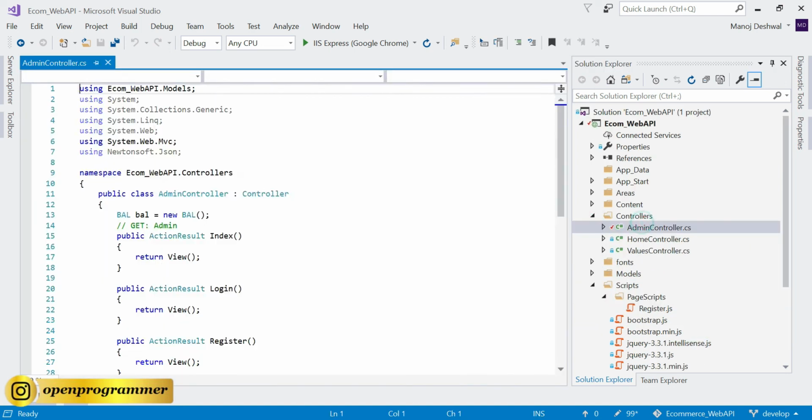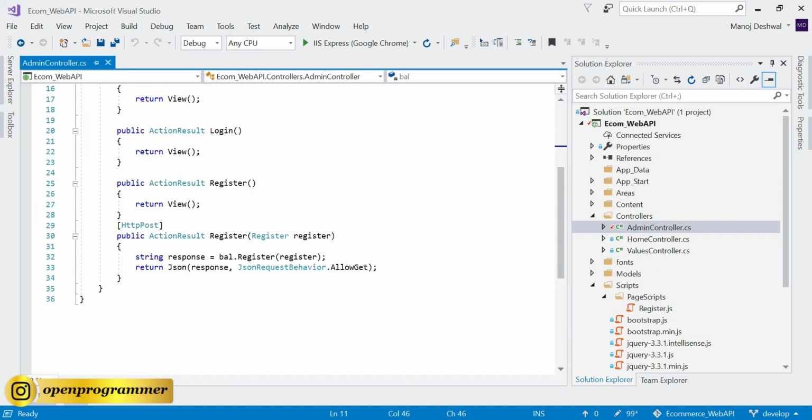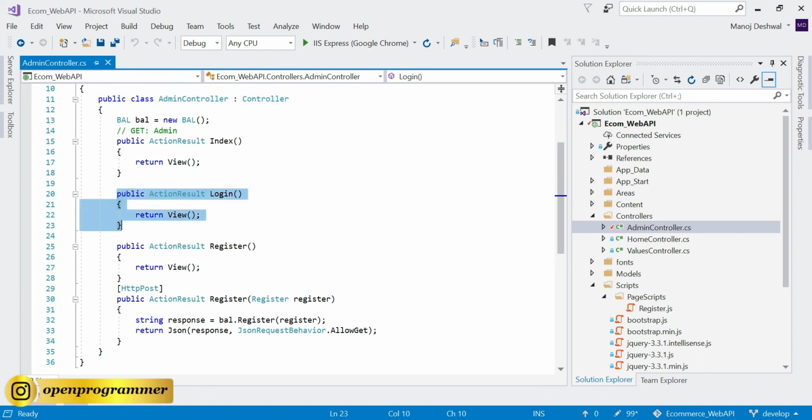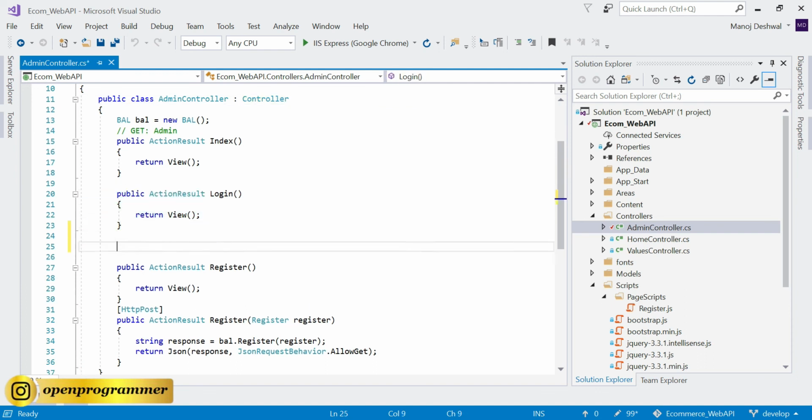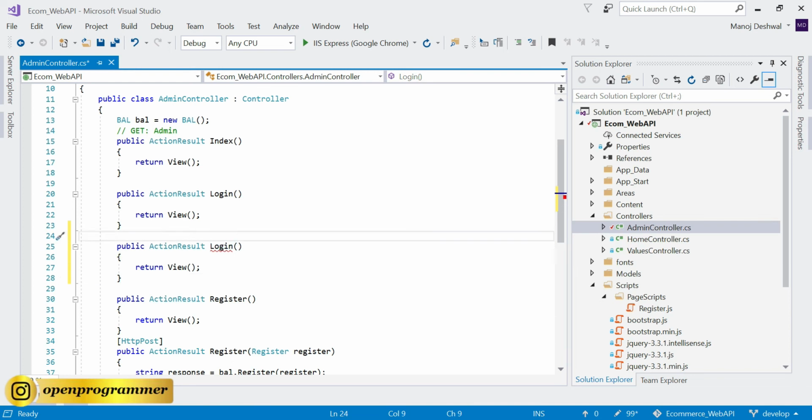Go to admin and let's say for login, this would be HTTP post, and